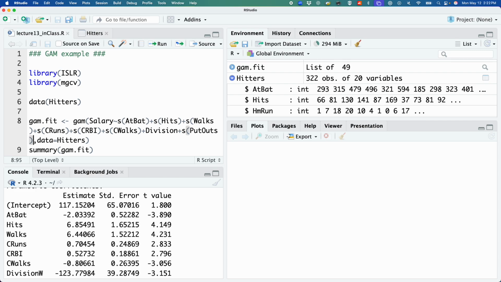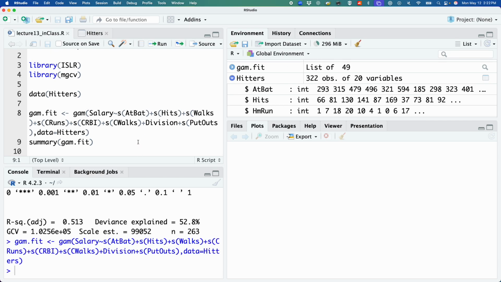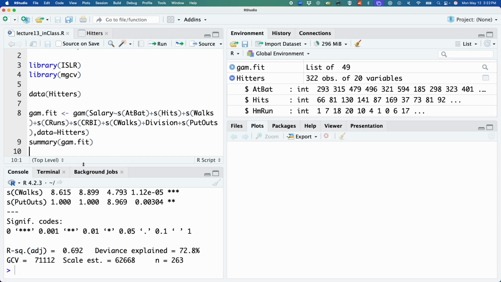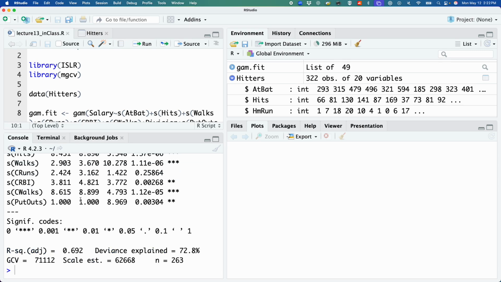And so if you were doing it with an individual single variable, let's say at bat versus salary, you'd be able to graph at bat versus salary and see what that curve looks like. Obviously, it gets a little bit more complicated because we're actually going across many variables, but hopefully that gives you some sense of what we're talking about here. So, okay, if I go ahead and run this, you'll see suddenly